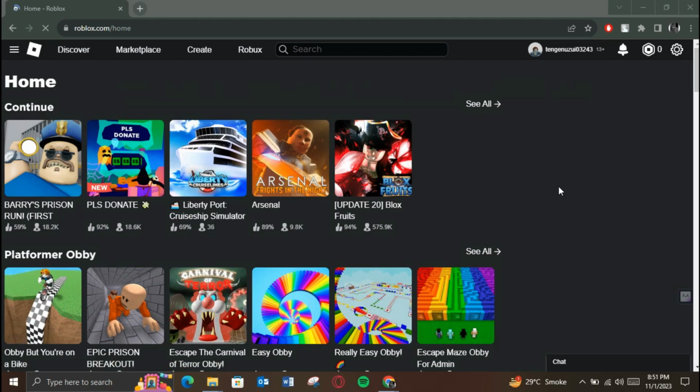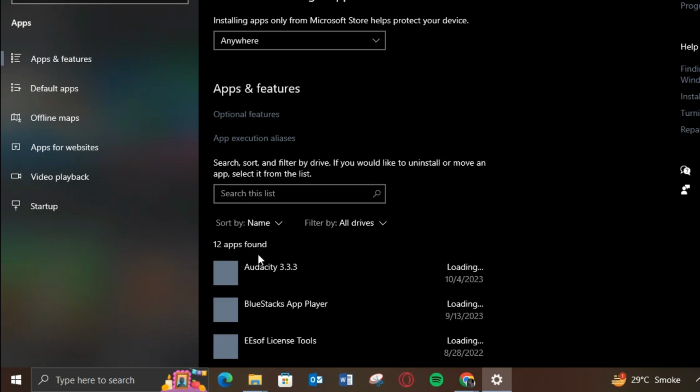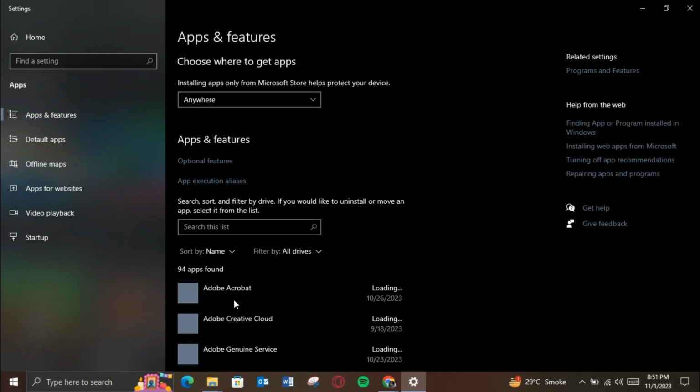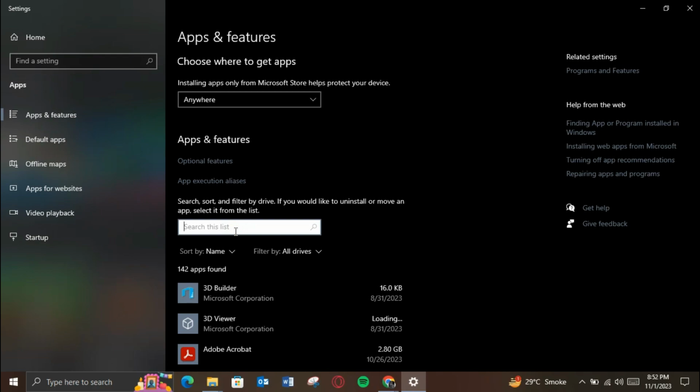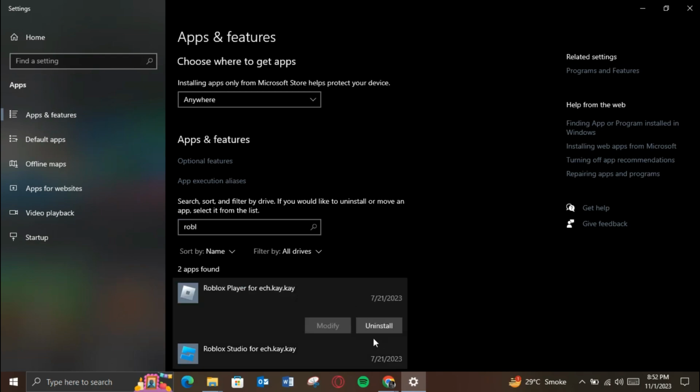But if it persists, simply right click on the Windows icon located at the bottom left corner, then select Apps and Features. Let it load up and search for Roblox. Now uninstall it completely